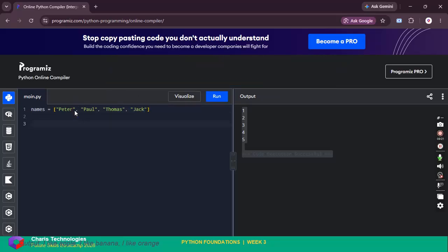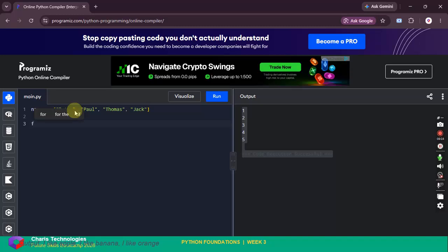So we're going to say for name in names. Now we cannot say for names because names has already been used to declare the variable, we already declared names to be this list, so we cannot use names to iterate, but we can use name to iterate, meaning that for individual name in names,